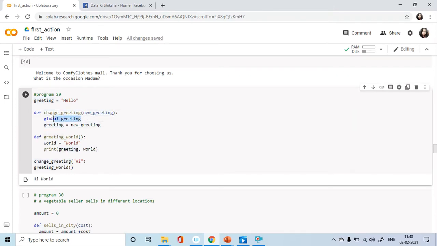So I'm saying global greeting. Now what I'm doing is I'm not using a copy of the variable. Instead, I'm directly referencing this one. So if I make some changes here, it will reflect in the original variable, basically the global variable. So I said global greeting, so use the global variable, and now I'm changing the greeting to the new greeting,